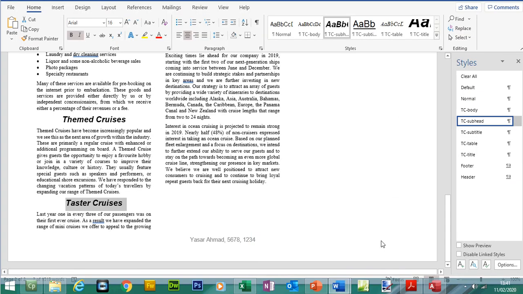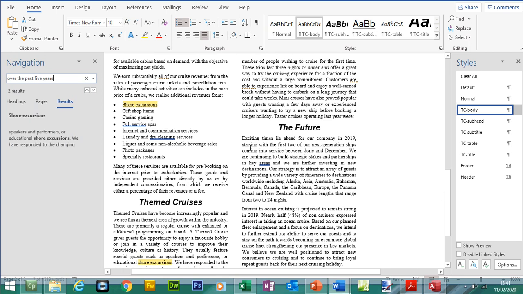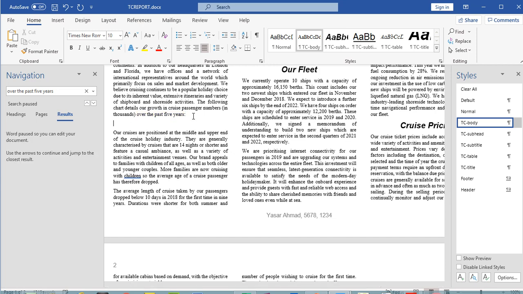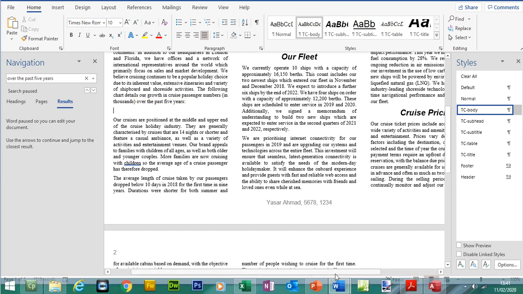So let me find first of all the location. If I press Ctrl F again, type in "over the past 5 years". We're going to be inserting a graph after this. Okay, so let's press enter, and to insert a graph